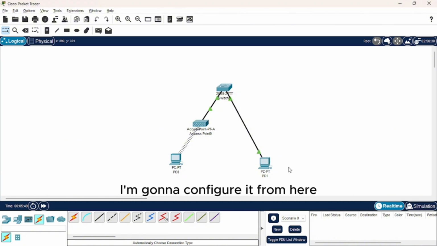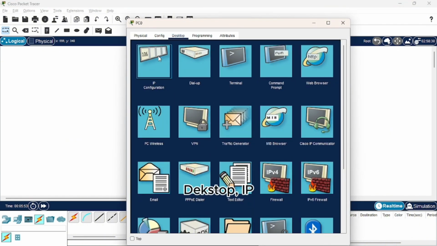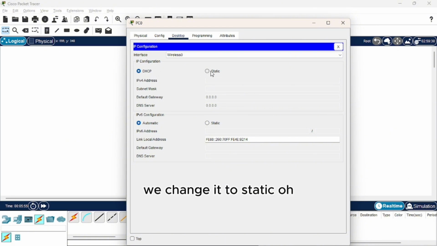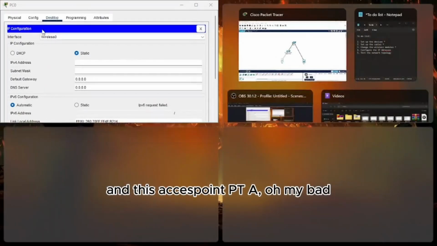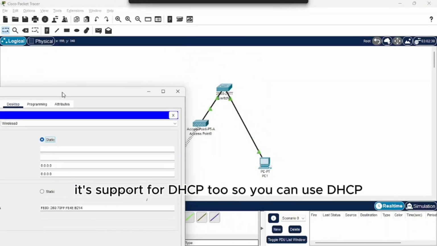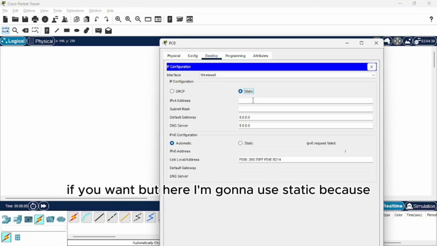I'm gonna configure it from here. Desktop, IP. We change it to static. Oh, and this access point PTA, oh my bad, supports DHCP too. So you can use DHCP if you want, but here I'm gonna use static.